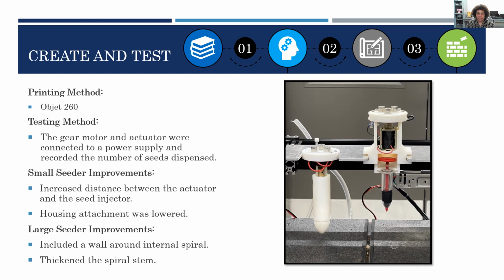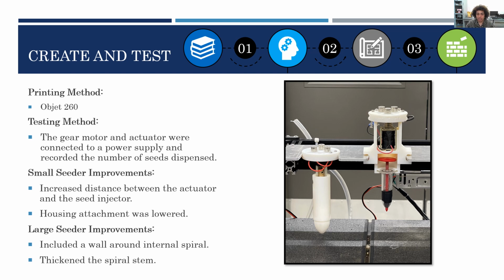The initial end effector concepts were tested by connecting the actuator and the gear motor to a power supply. They would receive power for about a second, then the connection was removed. This allowed an analysis of how many seeds were being dispensed. The small seed end effector initially produced around 7 seeds each time it was given power. To improve our design, we increased the distance between the actuator and the seed injector to reduce the number of